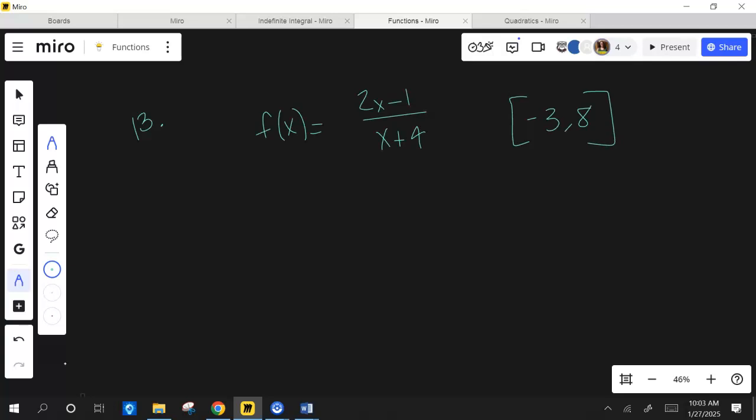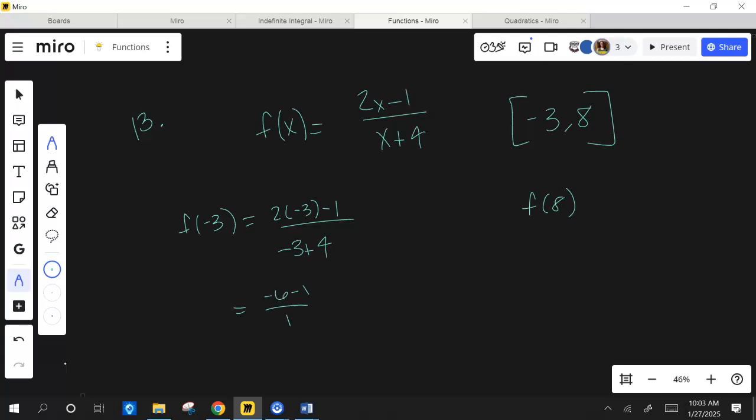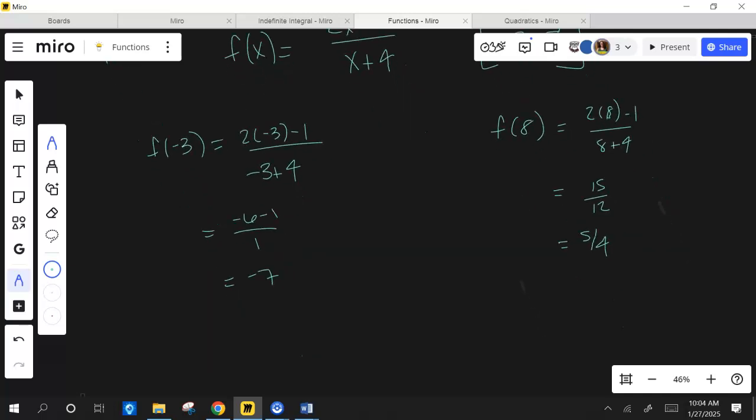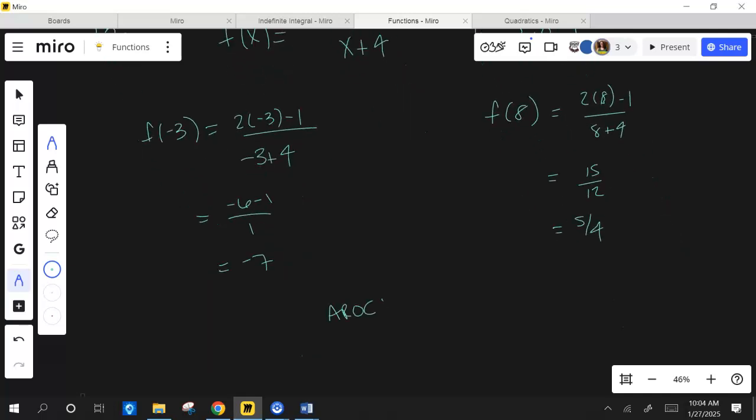All right, I'm going to do f of -3. And I'm going to do f of 8. Okay. -3, I got 2, and I'm going to run a little bit faster through this one so we can get on with what we got. -6 minus 1, which is what? -7. And f of 8 would give me 2 times 8 minus 1/8 plus 4, which is 15/12, which is 5/4. So for my AROC here,